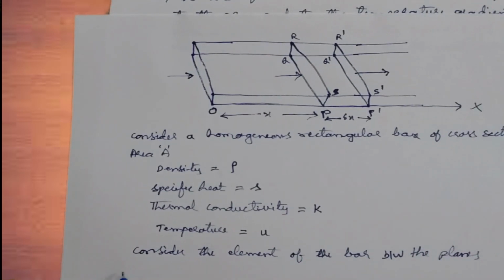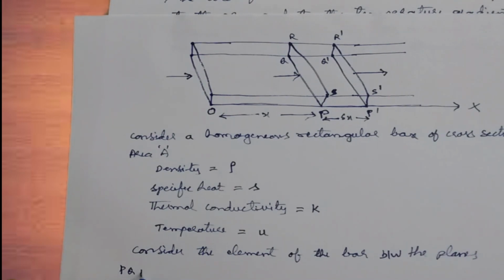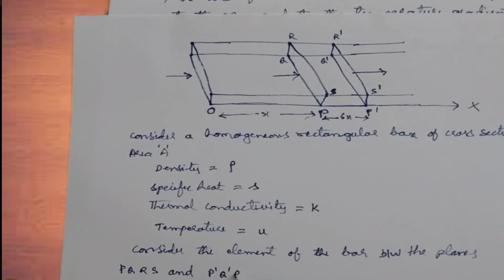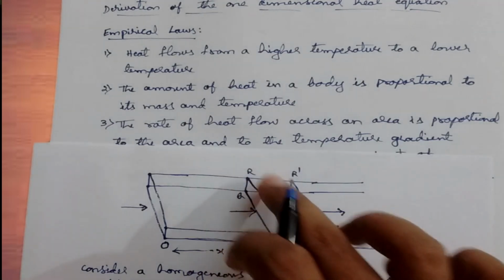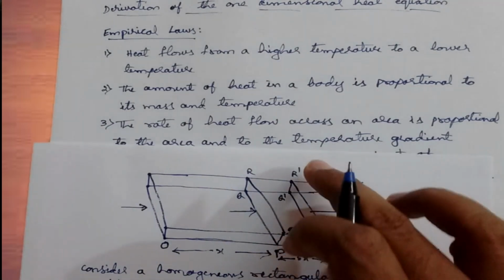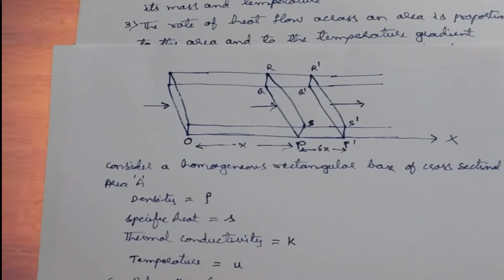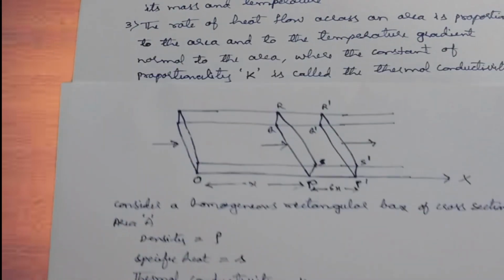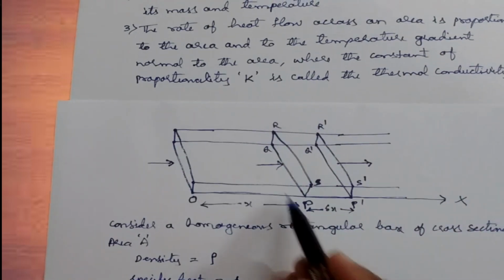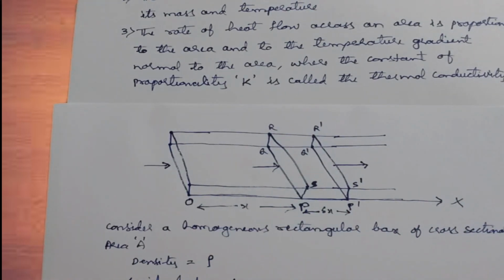So what are the planes that we are taking? We are taking the plane PQRS and the plane P dash, Q dash, R dash and S dash. These are the two planes that we are considering, and this PQRS plane is at a distance of